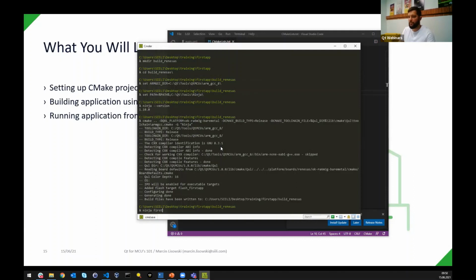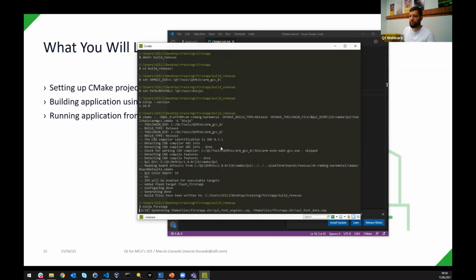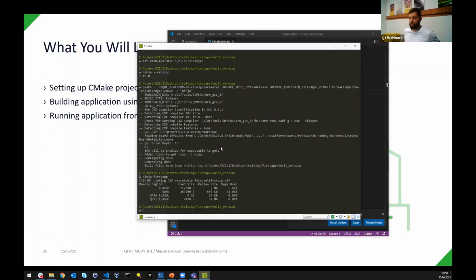Ninja first up, and the build process is ongoing, as you can see. Linking process. And that's it. Some short summary of used data. And well, you can wonder how to transfer that application to the board. So